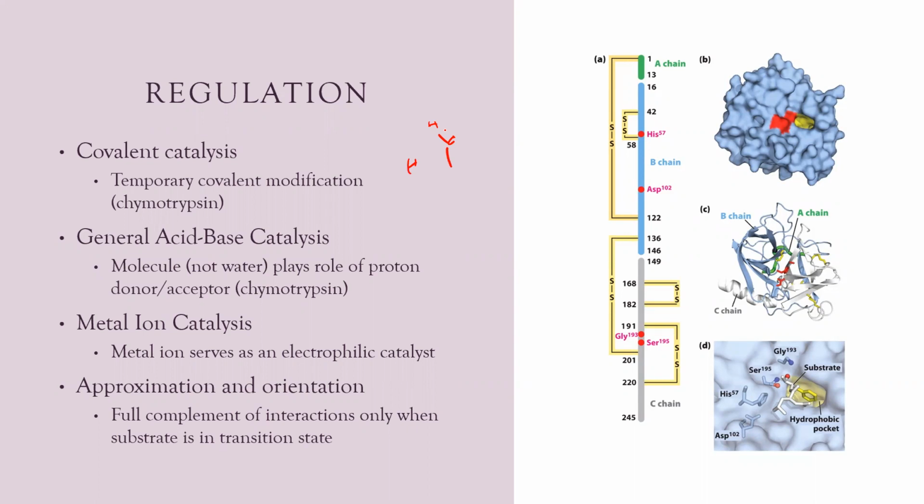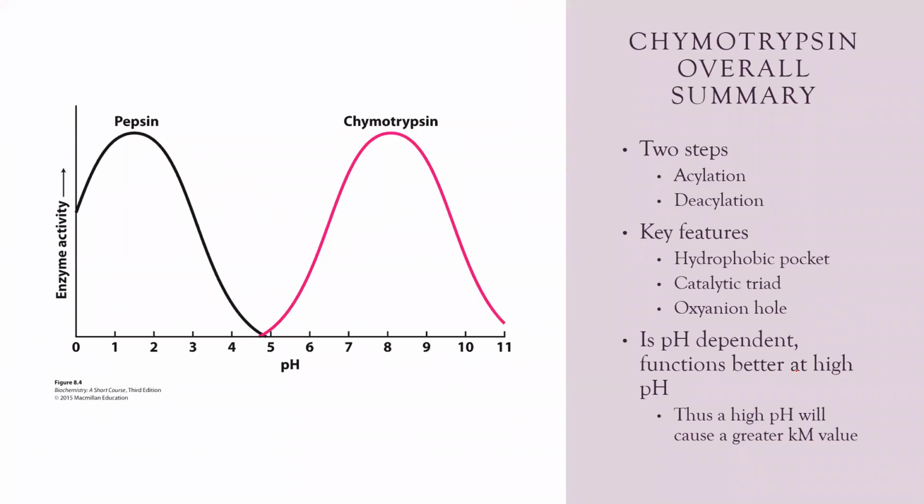And approximation orientation. This is probably the biggest one. If you guys remember here, these are your active side groups here, and they're far away. But when they come together, they form this hydrophobic pocket. Okay, and that allows for chymotrypsin to be active. Okay, just memorize these. We're running out of time, but one thing to know is that chymotrypsin is pH dependent, right? Not pH independent. Key features of chymotrypsin are your hydrophobic pocket, catalytic triad, which is serine,